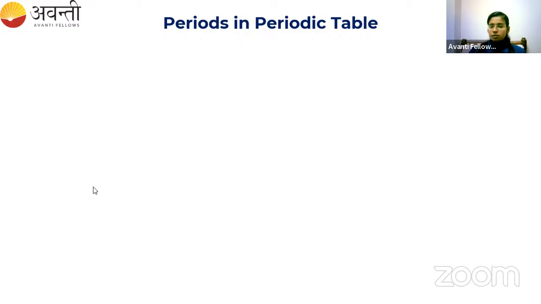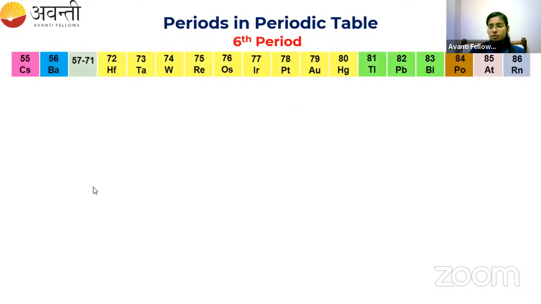Now coming to sixth period. So in the sixth period we have these many elements. The first two is the filling of 6s orbital. Then from 57 to 71 onwards, the filling of